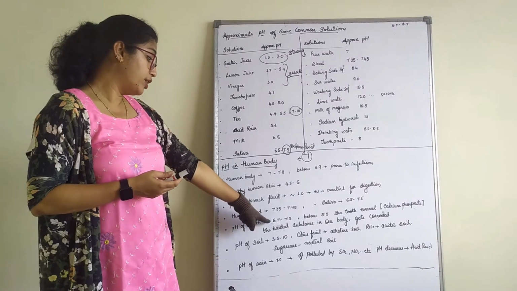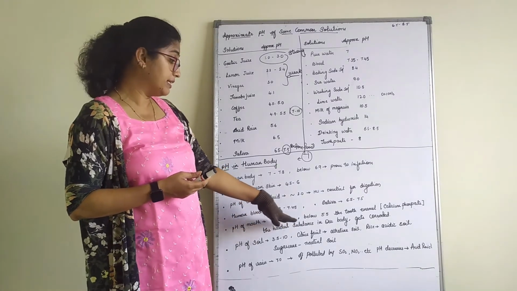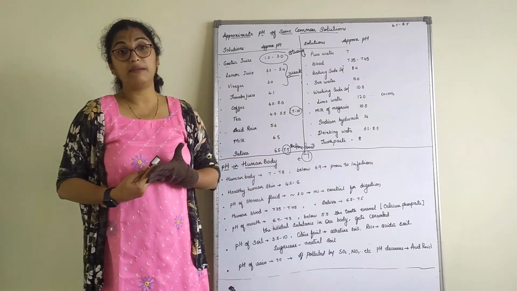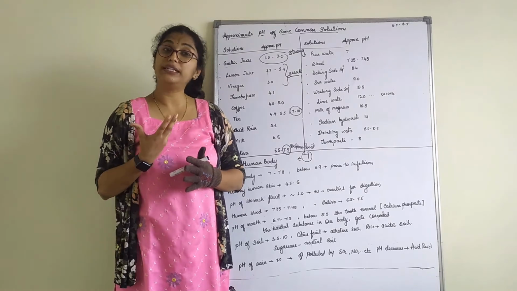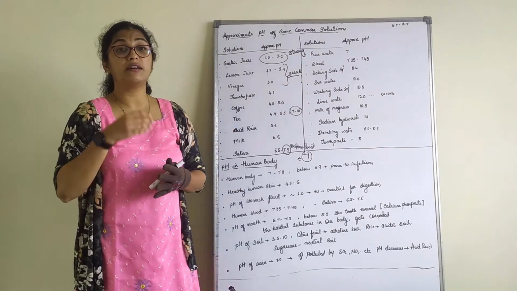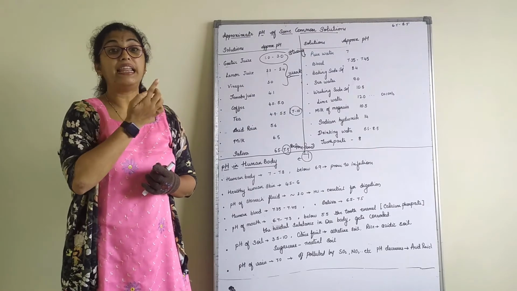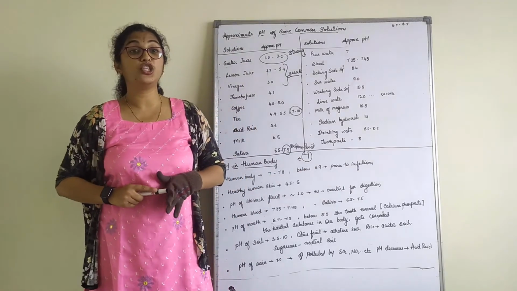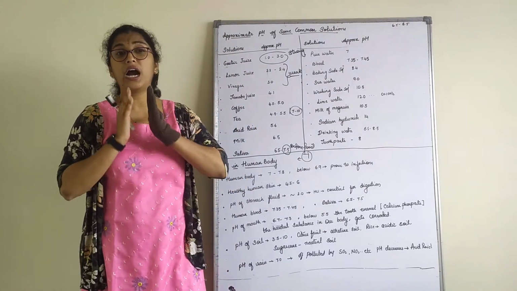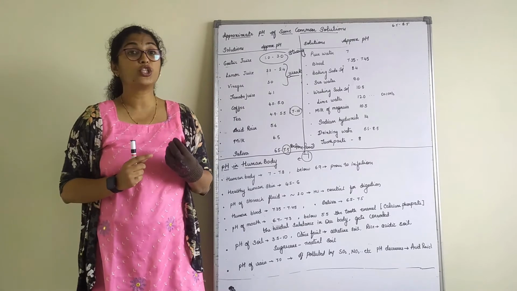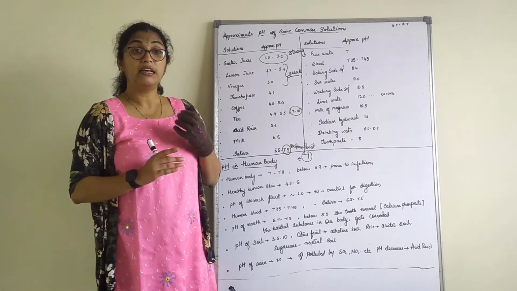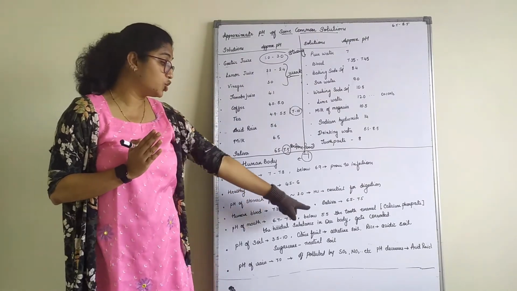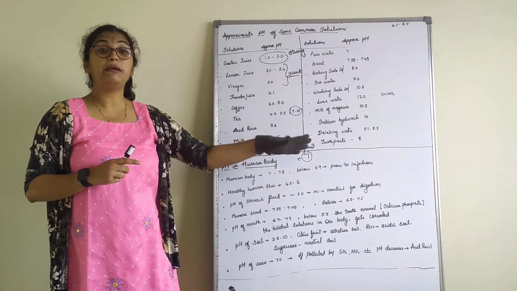So the pH of our mouth falls between 6.7 to 7.3. Below 5.5, the tooth enamel. Now what is tooth enamel? We all have shiny, glowing teeth, right? That is only because our teeth have an enamel, a kind of coating. It is a coating of calcium phosphate. That is one of the hardest substances in our body, which cannot dissolve very easily, right? Such a hard substance can corrode only if the pH falls below 5.5.